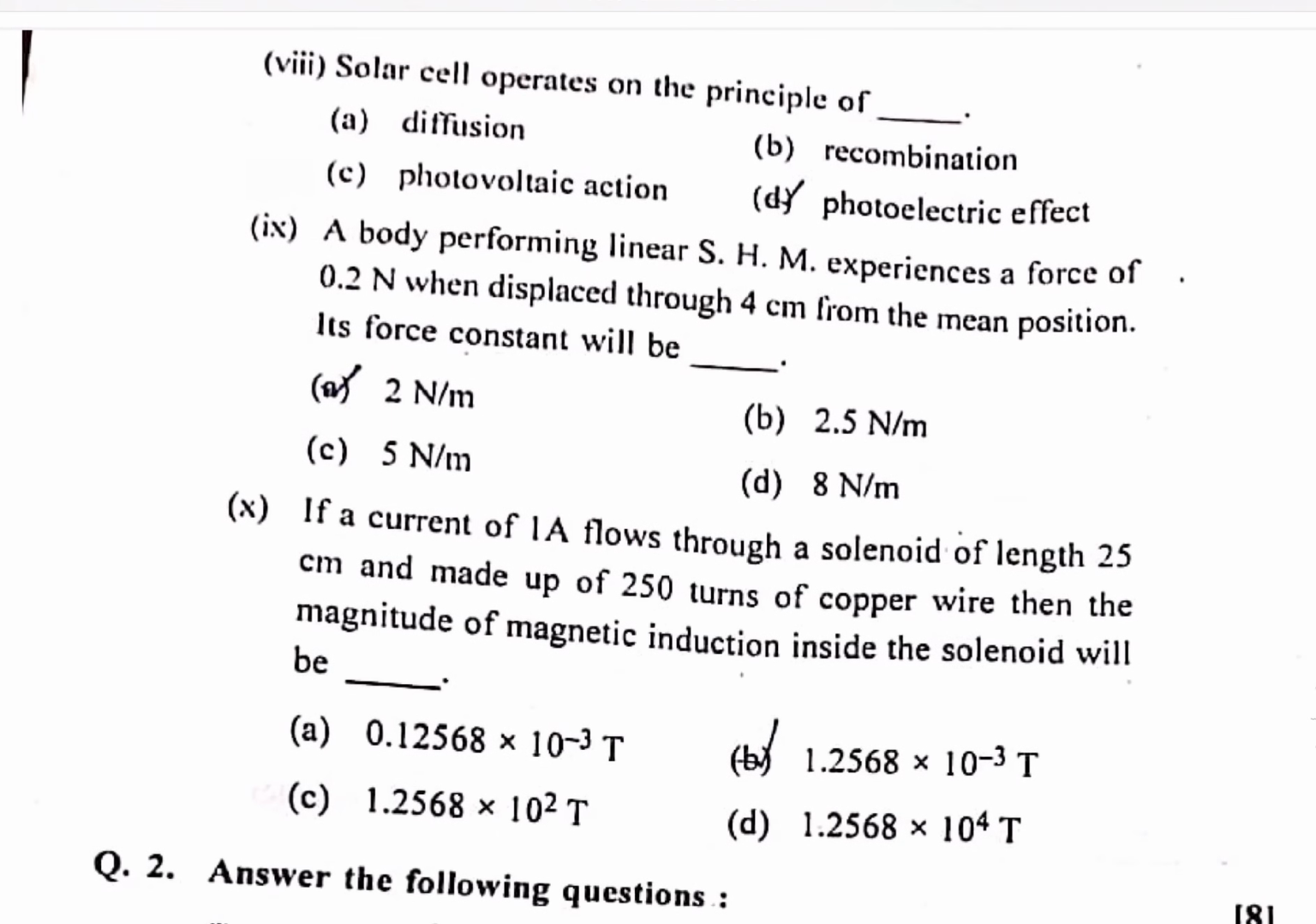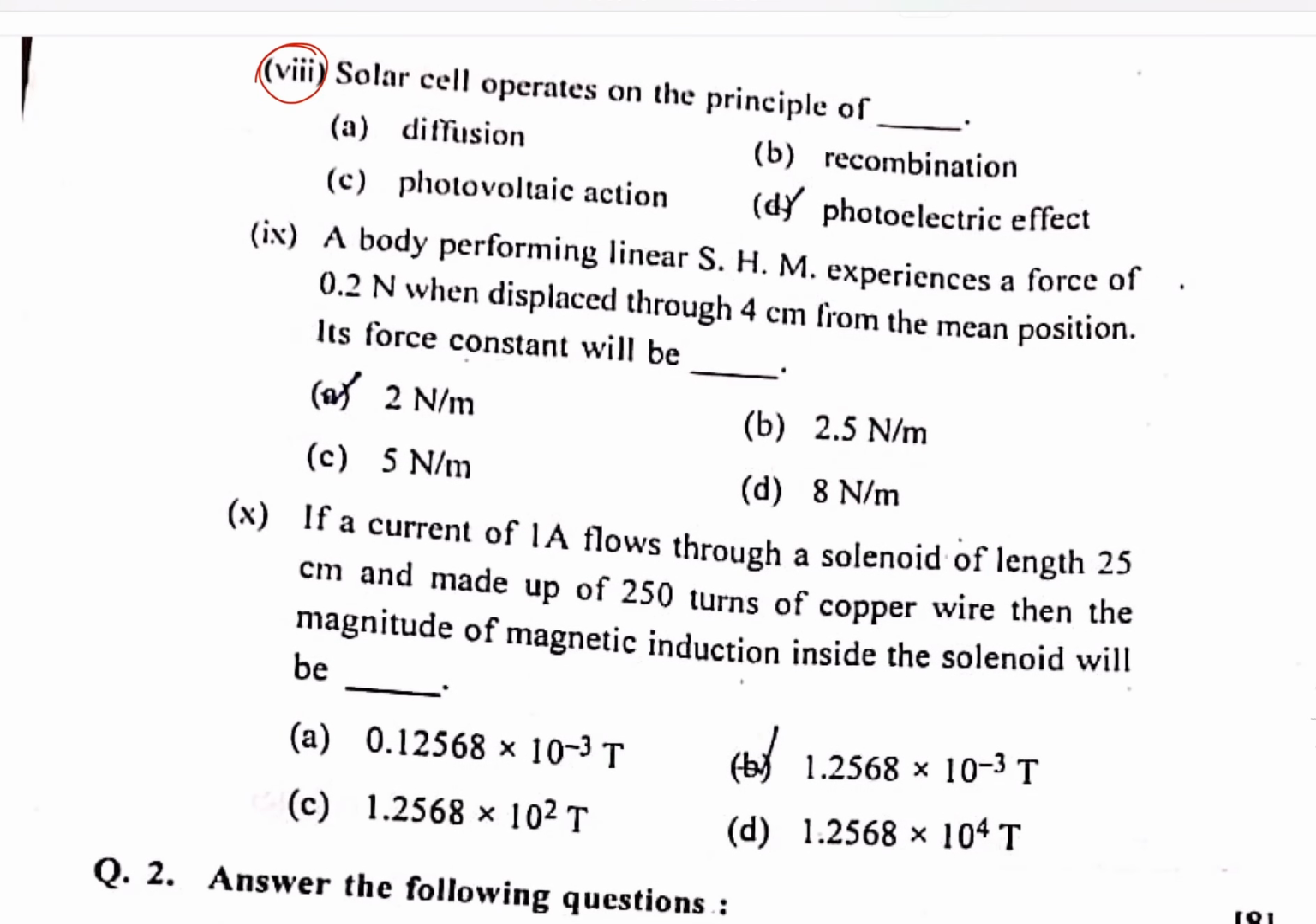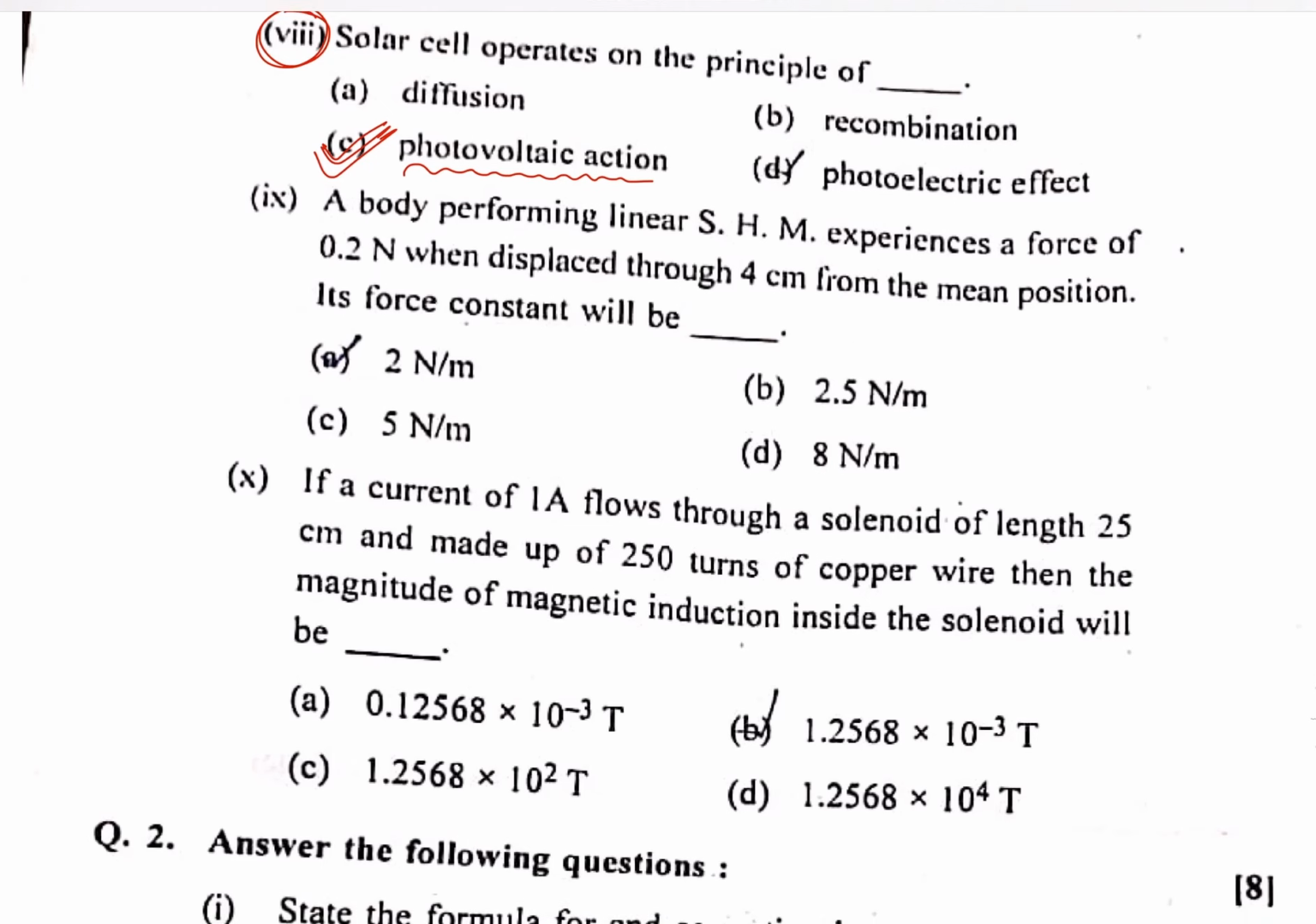Now next question, and it is related to solar cell. Solar cell operates on the principle of photovoltaic action. Photovoltaic action means when light is incident on the solar cell, then voltage or current is produced. So in simple words, solar cell operates on the principle of photovoltaic action. So this is the correct answer, option C. Now next one,